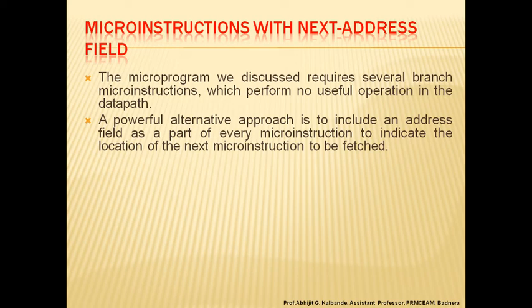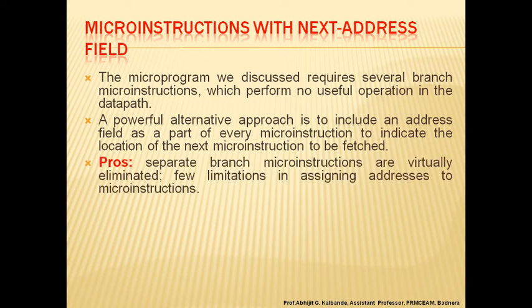The flexibility of this approach comes at the expense of additional bits for the address field, and the severity of this penalty can be assessed as follows. In a typical computer, it is possible to design a complete microprogram with fewer than 4 kilobytes of microinstructions, using perhaps 50 to 80 bits per microinstruction, and this implies that an address field of 12 bits is required.